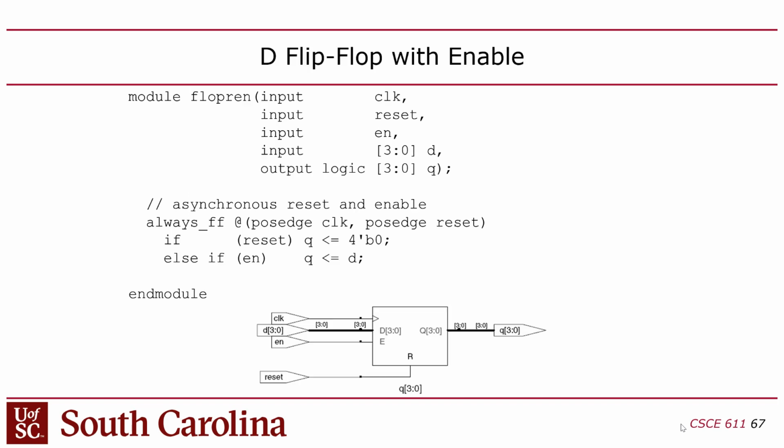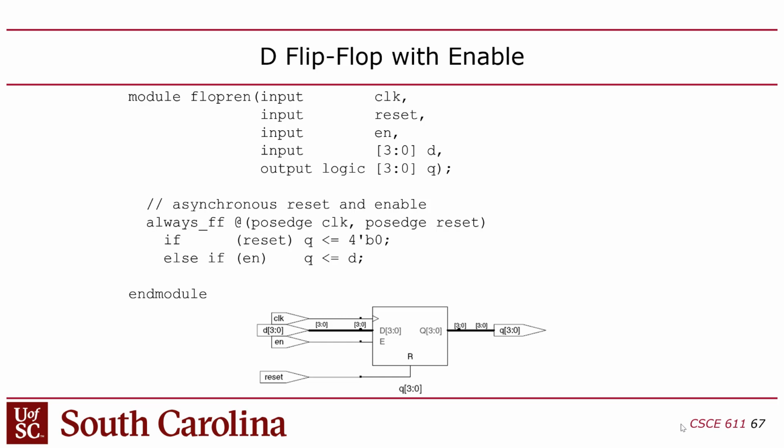Sometimes there are corner cases in your design where having a synchronous or asynchronous reset could make a difference. Okay, here's another example where we have an enable and a reset. In this case, we add an enable, so even if you have a positive edge clock, it won't actually update Q unless there's an enable. This would be useful if you have a register in your design that you only want to write under certain